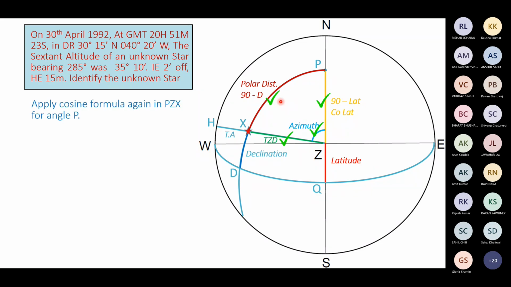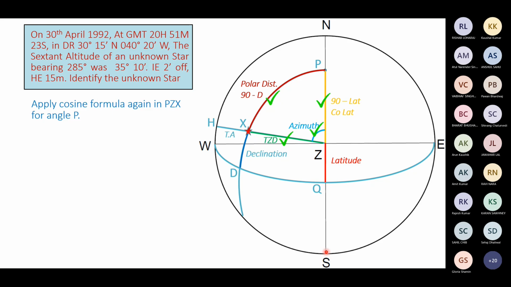This time we are going to apply the cosine formula and find out angle P of the PZX triangle. Angle P, we are aware, is the LHA of the celestial body, the local hour angle of the celestial body. As you can see in the diagram,